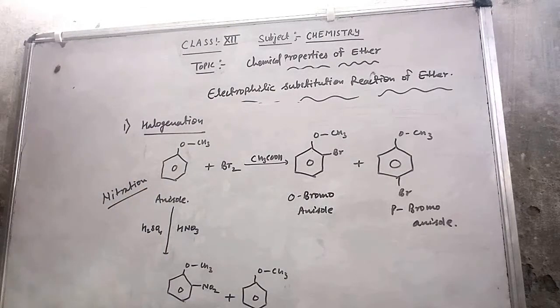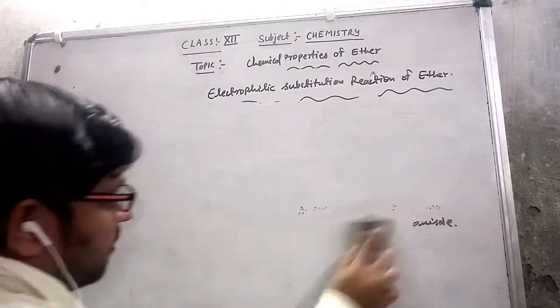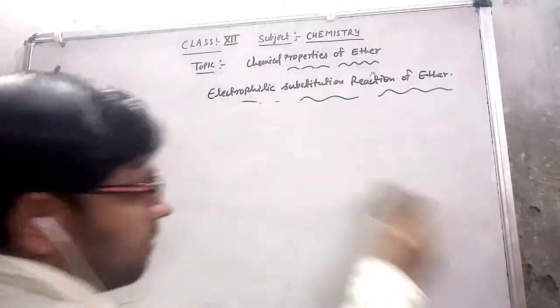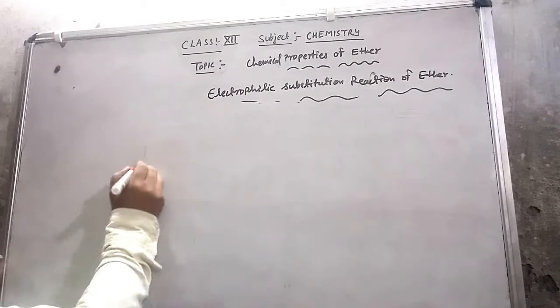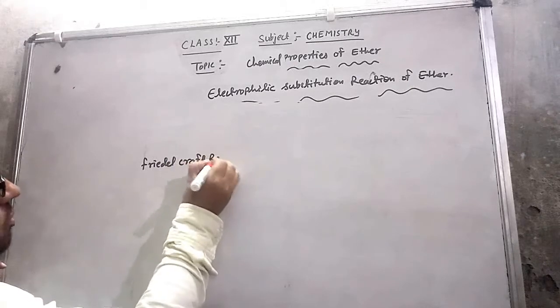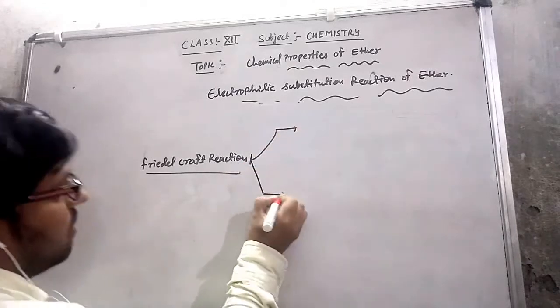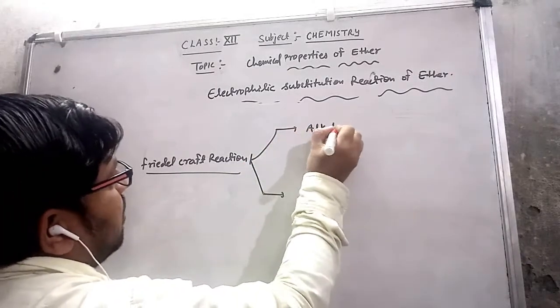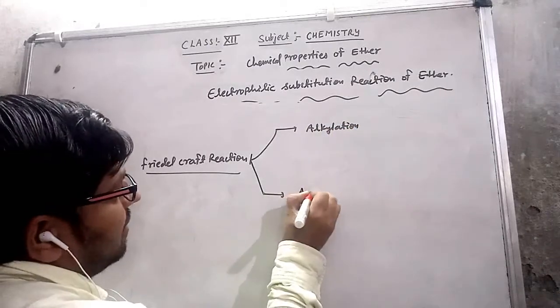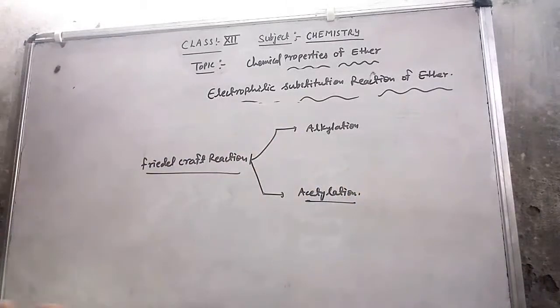This is the Friedel Crafts reaction. If I discuss the Friedel Crafts reaction, you will see there are two types: one is alkylation, and the other is acetylation. During the alkylation reaction, this anisole reacts with methyl chloride or ethyl chloride in the presence of anhydrous